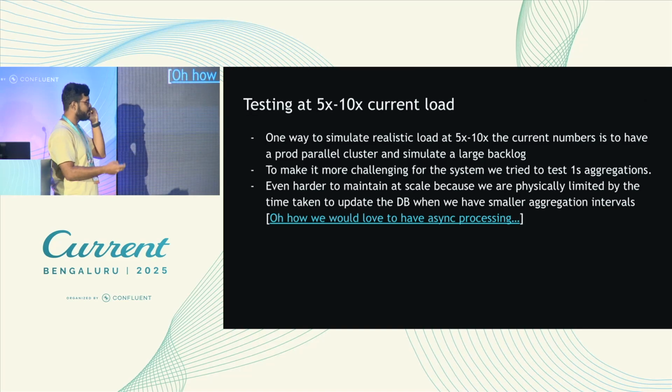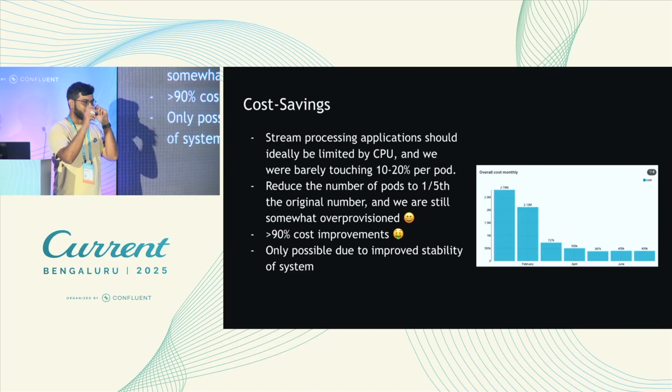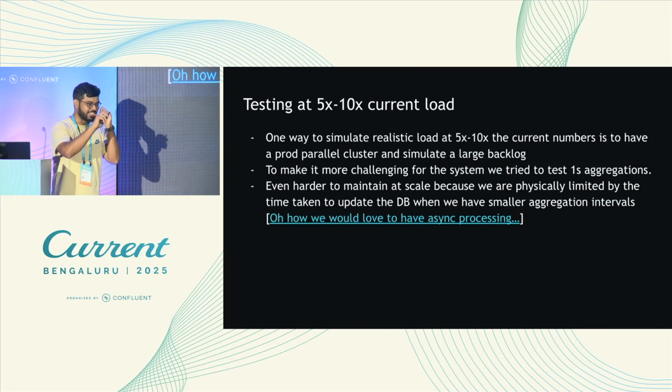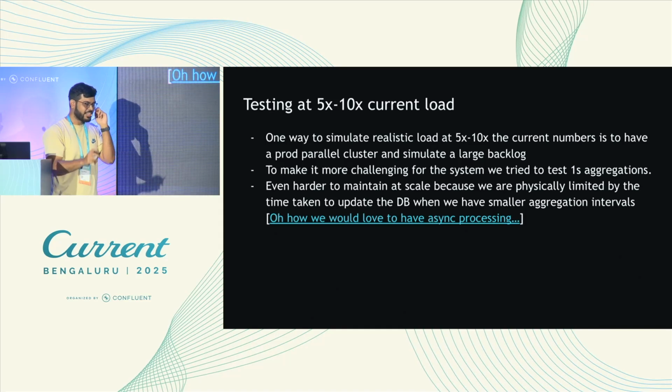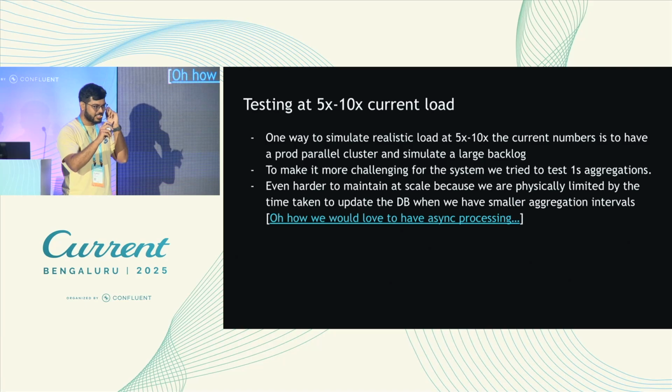So now we come to the final part. Now everything is tested, everything is working well. So what if I just increase the scale to 10x? And then we didn't even do a load test. What we did was a very realistic thing: we had a parallel Kafka setup and